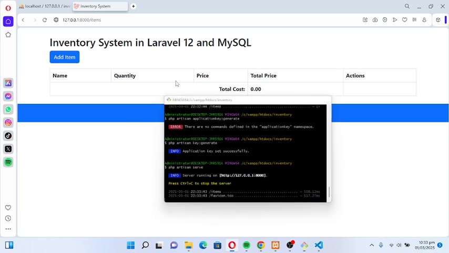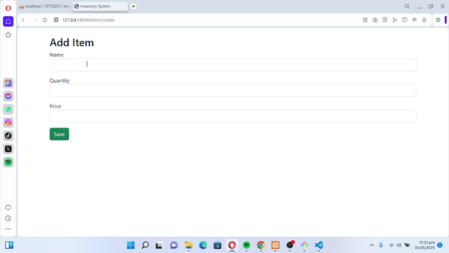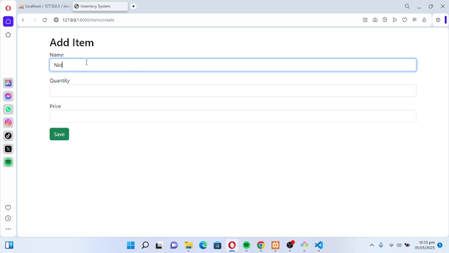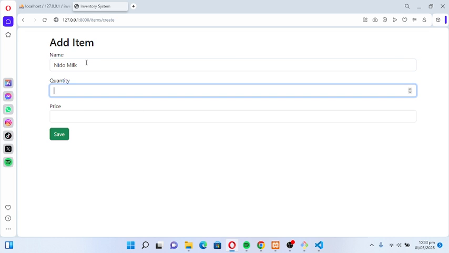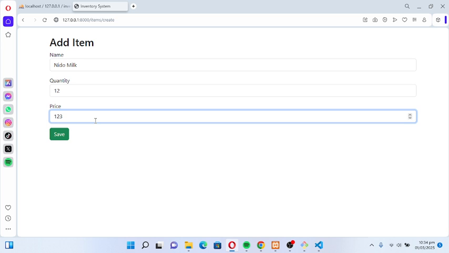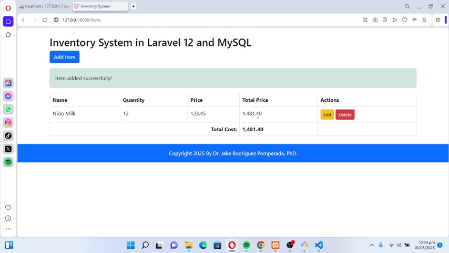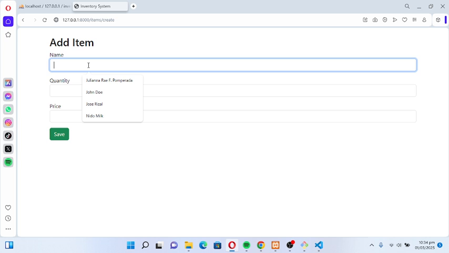Okay. So add an item. Let's say Nido milk. Quantity 12. Price is 123.45. Save. Okay. So it saves the new record. Another record. Let's say Milo.